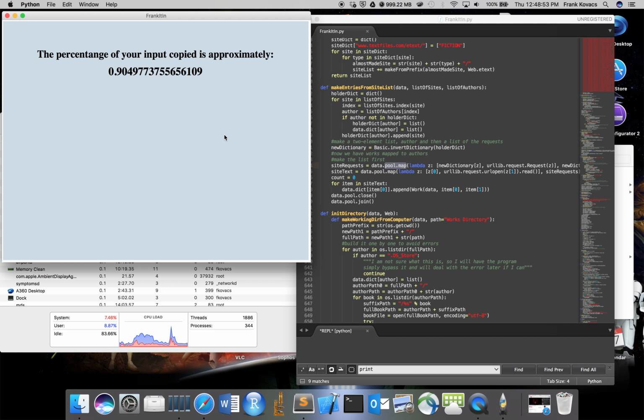And as you can see right here, we plagiarized approximately 90% of it. This is because there was a fairly large margin of error given the short length of Green Eggs and Ham and the fact that it only uses 50